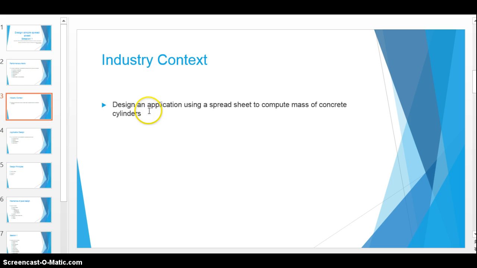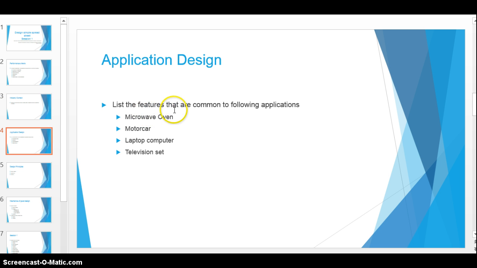This will be done in the industry context to compute massive concrete cylinders, and a spreadsheet will be designed to do that. So if you were to think about application, we'll see what necessary things we have to consider when applications are designed. Some of the applications that you would have come across are microwave oven, motor car, laptop computer,